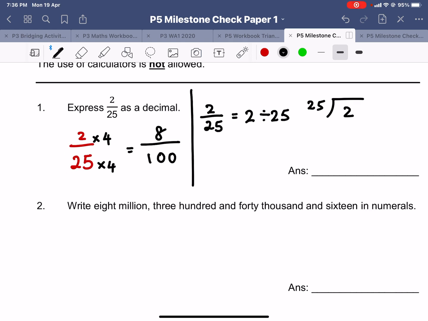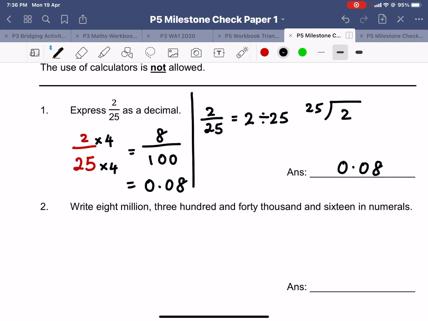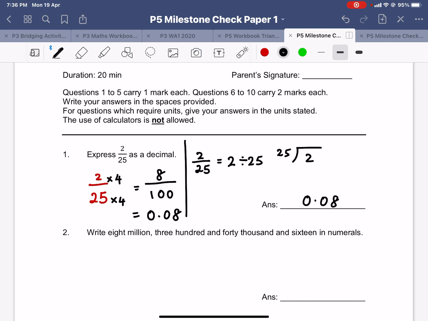So 8/100 is the same as 0.08. Now, if you are still unsure on how fractions are converted into decimals, you may want to very quickly draw a place value chart. Alright, to remind yourself, this is the tenth, this is the hundredth, and this is the thousandth. So when we say 8/100, that means 8 is in the hundredths place. Alright, so that's how we ended up with